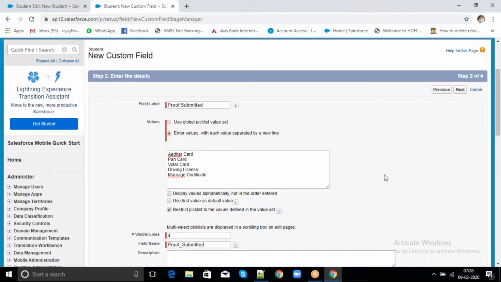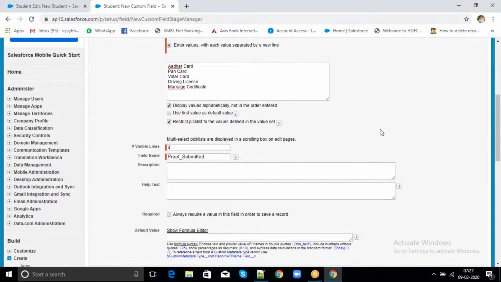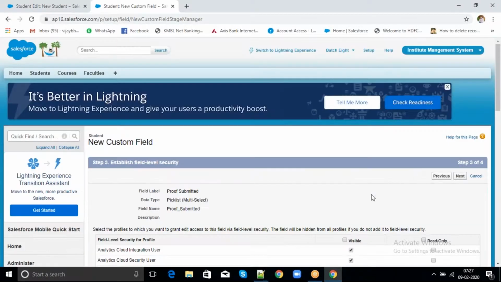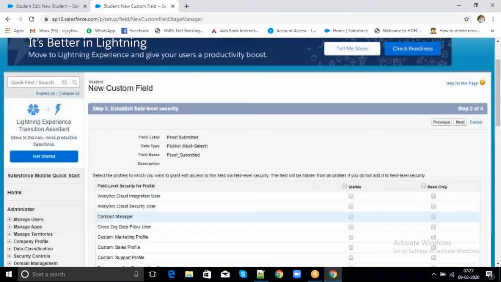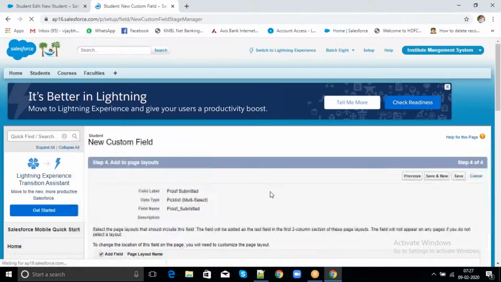Next, same, display alphabetically. Okay, visible lines is 4. So let's create this one. On next, system administrator. Click on next.